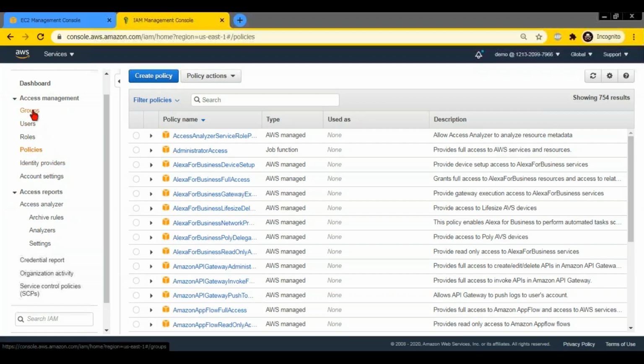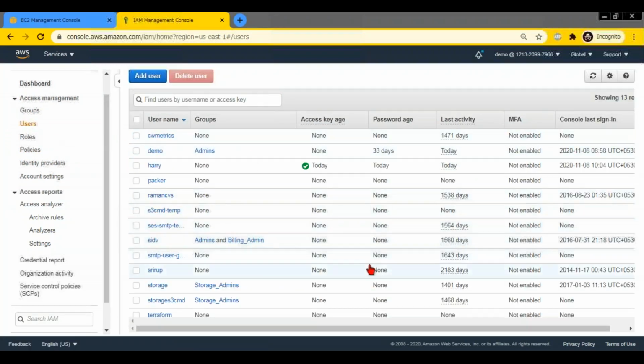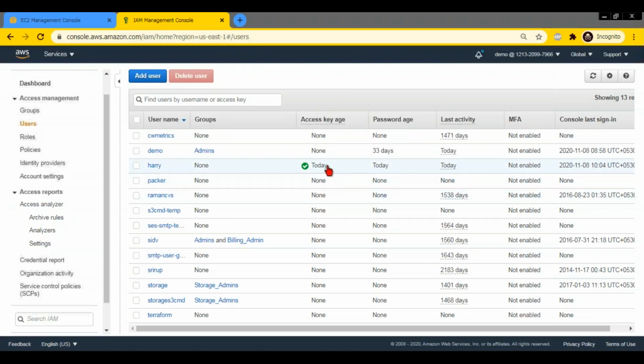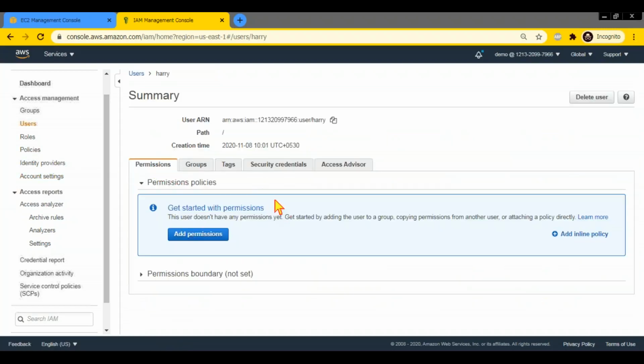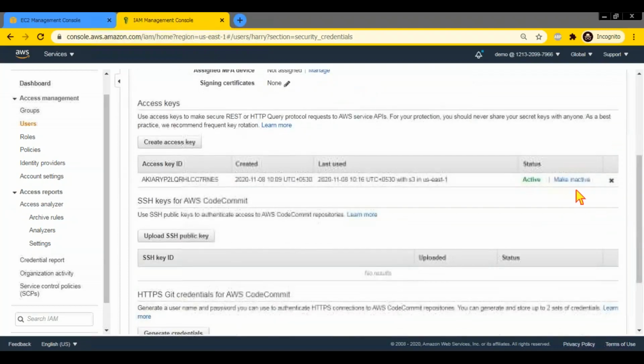We saw about the console access, right? So programmatic access. Like I told you, anything other than this AWS console is programmatic access. Whether you're using a third-party tool, third-party GUI tool, a third-party application, a website, or something, right? They are all called programmatic access, right? So I have a user Harry. I have given him both the console access and programmatic access. Now, for us at the administrator level, or the ops level, or the architect level, you just need to have some basic idea about the AWS CLI.